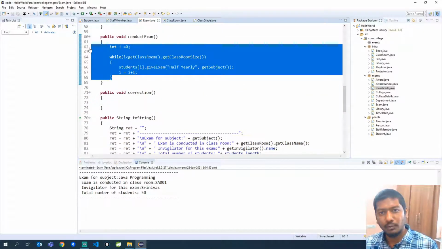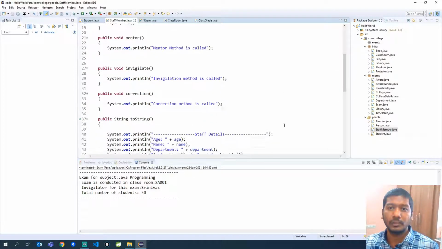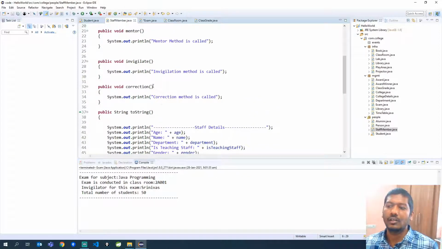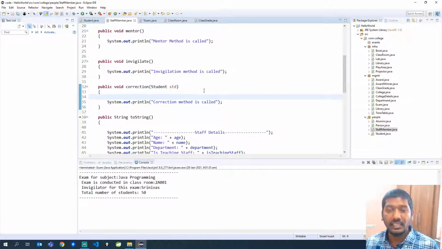So now I will use the same loop again and correct each individual student's papers. So who will be correcting the papers? The staff member. So we also have a method for a staff member. For now I am taking the invigilator itself to correct the papers of each and every individual student. So let's see one of the methods in the staff member, which is correction. Okay. So for correction, I will pass a student detail. For that you have to add an input parameter here. And here I will use a random method which will generate a number from 1 to 100 and then assign marks to this particular student.